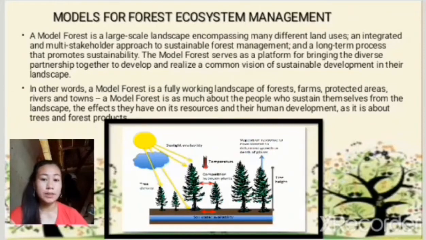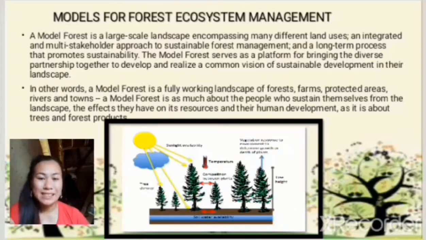For today's video, I'm going to discuss models for forest ecosystem management. A model forest is a large-scale landscape encompassing many different land uses, an integrated and multi-stakeholder approach to sustainable forest management, and a long-term process that promotes sustainability. The model forest serves as a platform for bringing diverse partnerships together to develop and realize a common vision of sustainable